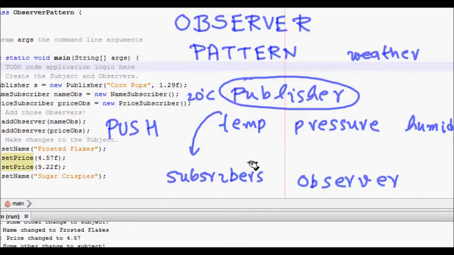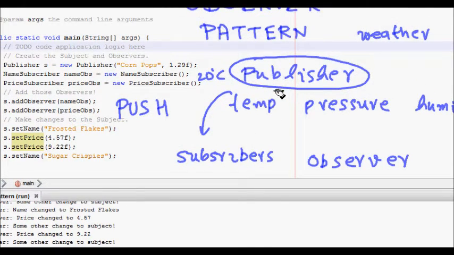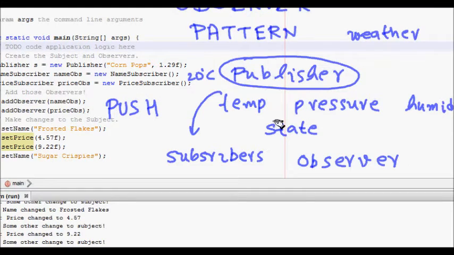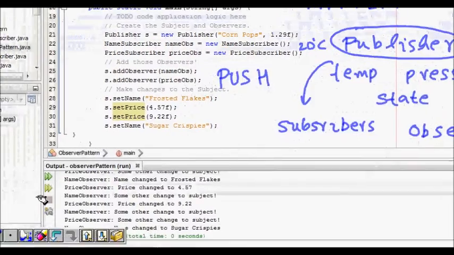Then they all will be notified that the temperature has changed. This is the basic idea: observers observe the data maintained by the observable class, and whenever the state or value of that data changes, the publisher class notifies all the observers.